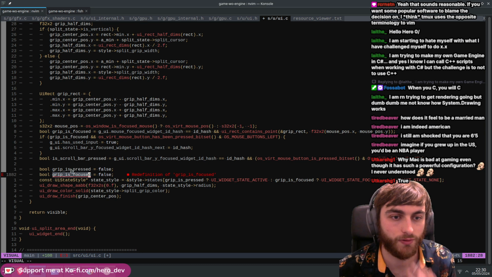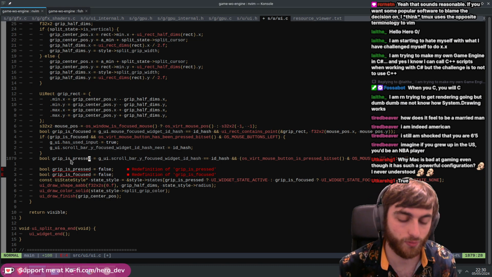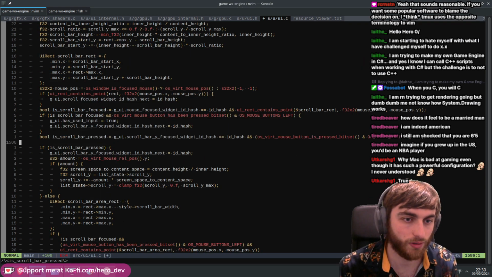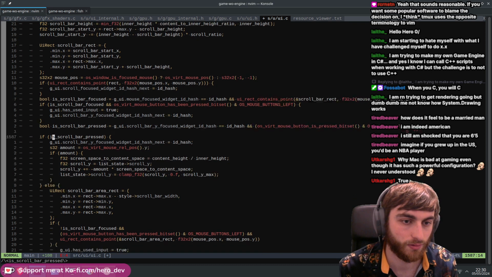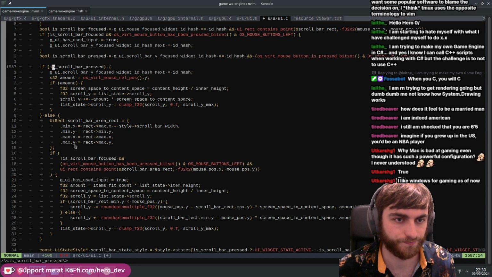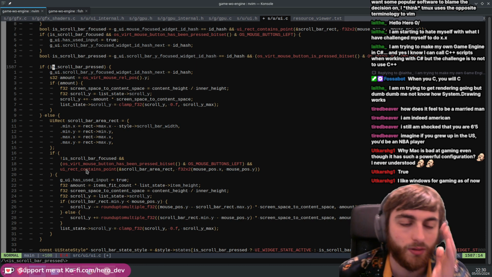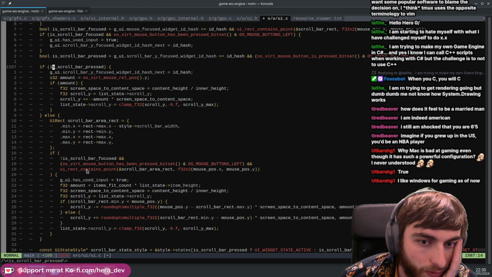So grip is focused, is pressed. So now we need to do is pressed logic. Ooh, so we didn't miss this. What is this thing about? So if it's not pressed, we get the scroll area. What am I doing here? So if the scroll area doesn't contain the point,